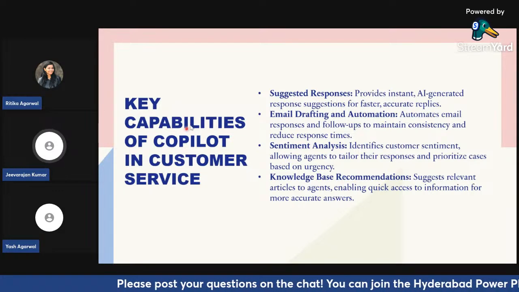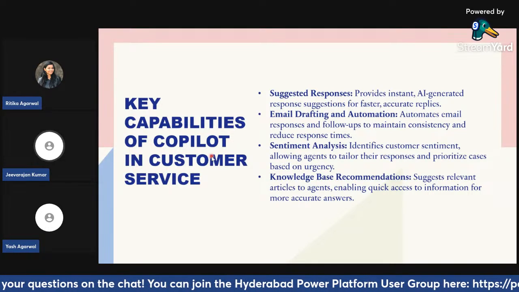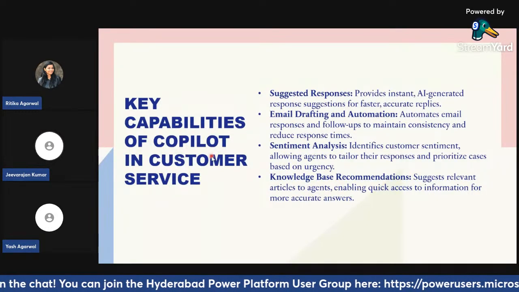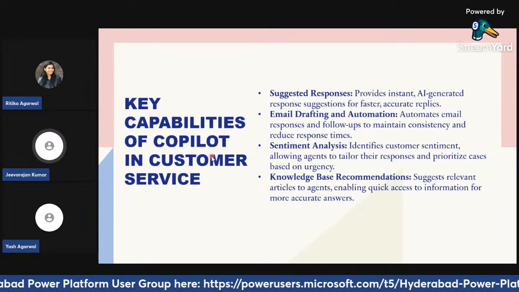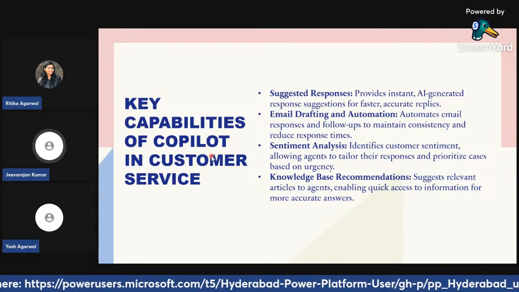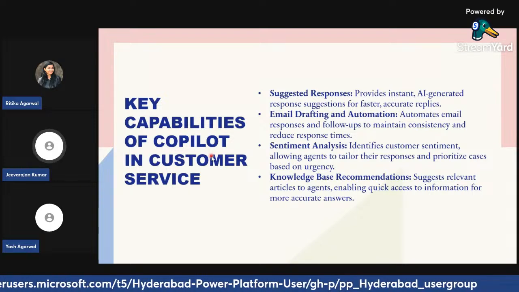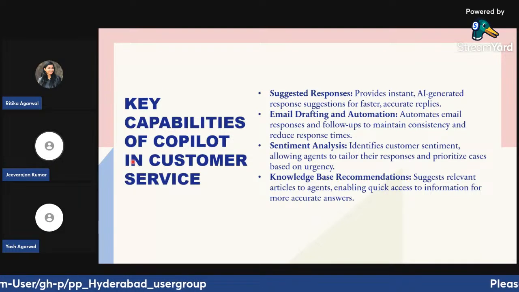Copilot also enables predictive analytics, meaning it can flag potential issues before they become problems and even suggest ways to improve customer satisfaction. This makes it easier for agents to provide a proactive experience. With Copilot, our customer service teams are not just responding, they're anticipating the issue, and that leads to higher customer satisfaction and CSAT score. So that's the beauty of Copilot.